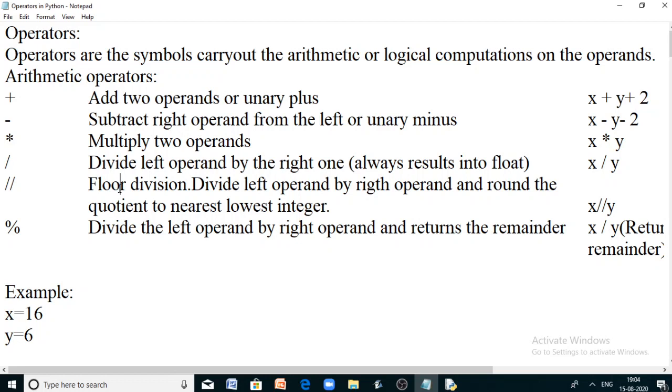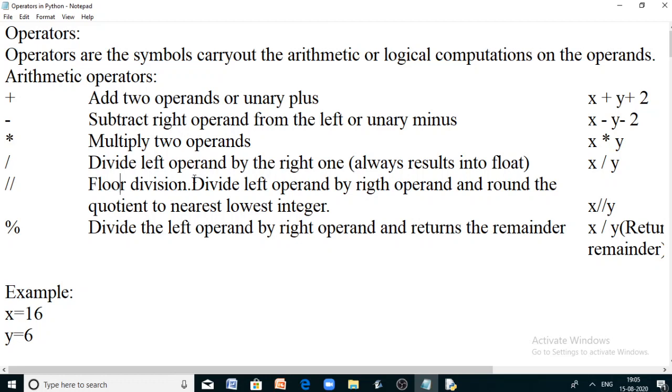If you are getting a fractional number as a quotient, that fractional number will be rounded off to the nearest lowest integer. For example, if you are getting 2.99 as the quotient of a division, it will round it to 2. That is what is called floor division.